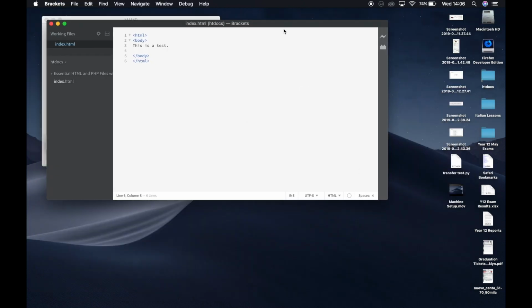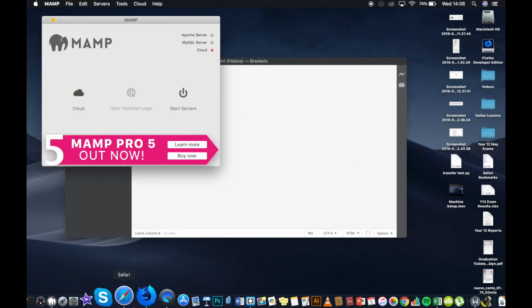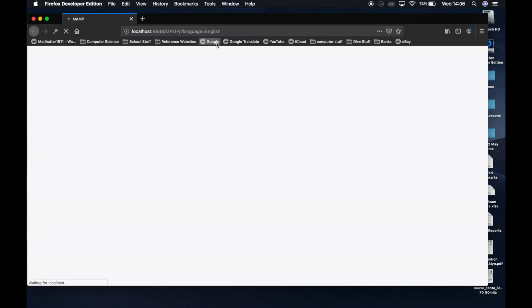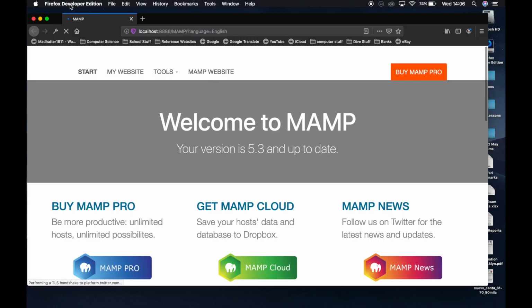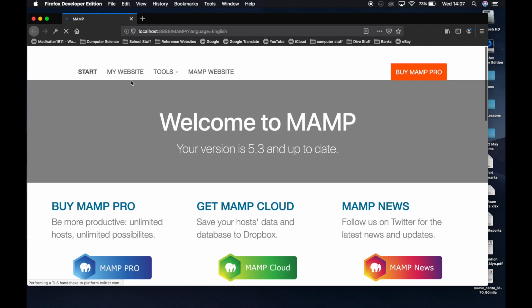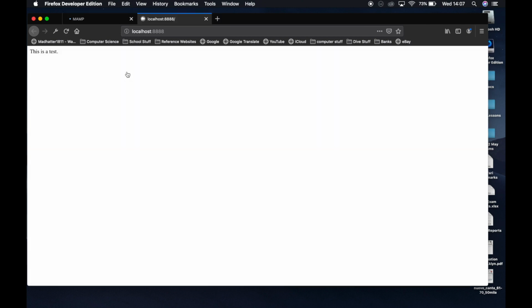Okay, just one little addition to the video is if we start up MAMP, so I've brought MAMP up here, and I hit start, you'll notice that these two buttons go green. It'll be your Apache server and your MySQL server. It'll jump into Firefox Developer Edition because that's our default browser, and it'll bring up MAMP looking like this. Now, once we go into MAMP, we could use my website and look at which files we've saved in our htdocs. If I do that, it should jump straight to the index.html, which it did,